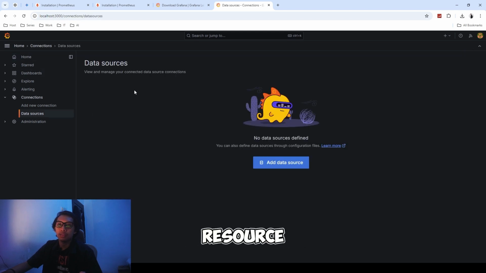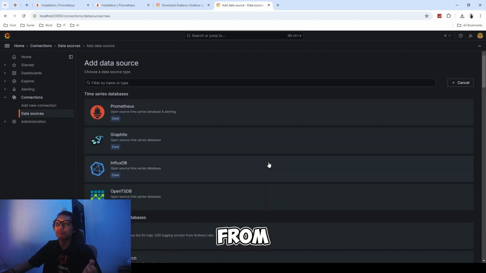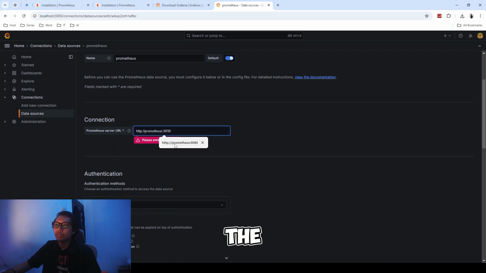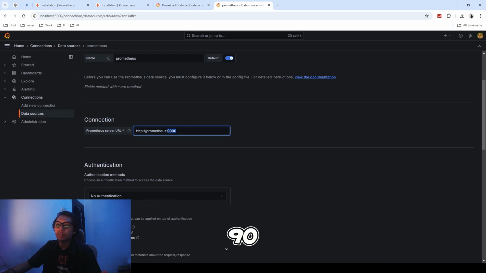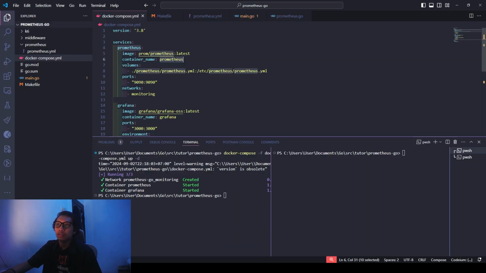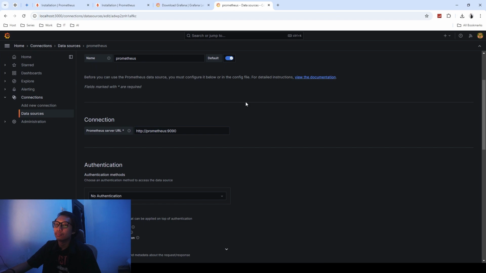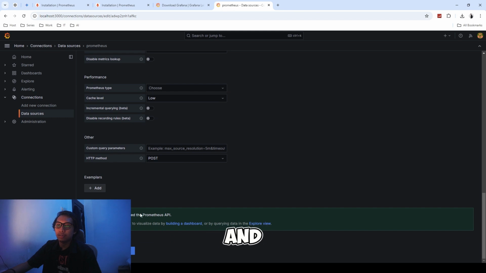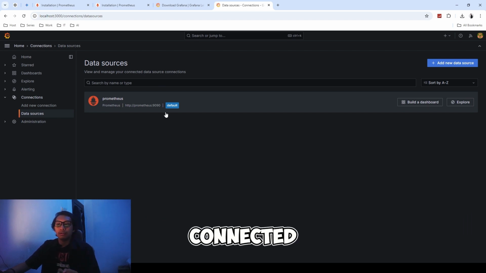Okay, we choose the data source, yeah. In here we will specify the data source, which is from Prometheus, yeah. This is the Prometheus, we can choose this one. Okay, and then after that we enter the URL, http://prometheus:9090. This is the container name of the Prometheus, and the port is 9090, yeah. And then I think that's it. We just save and test. Okay, it successfully queried Prometheus. The data source is already connected, yeah.